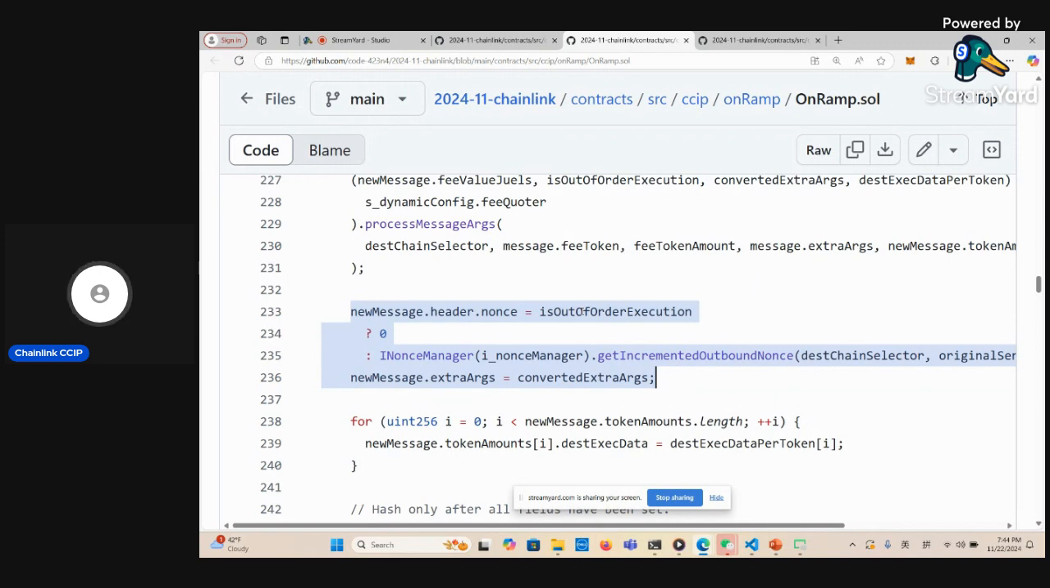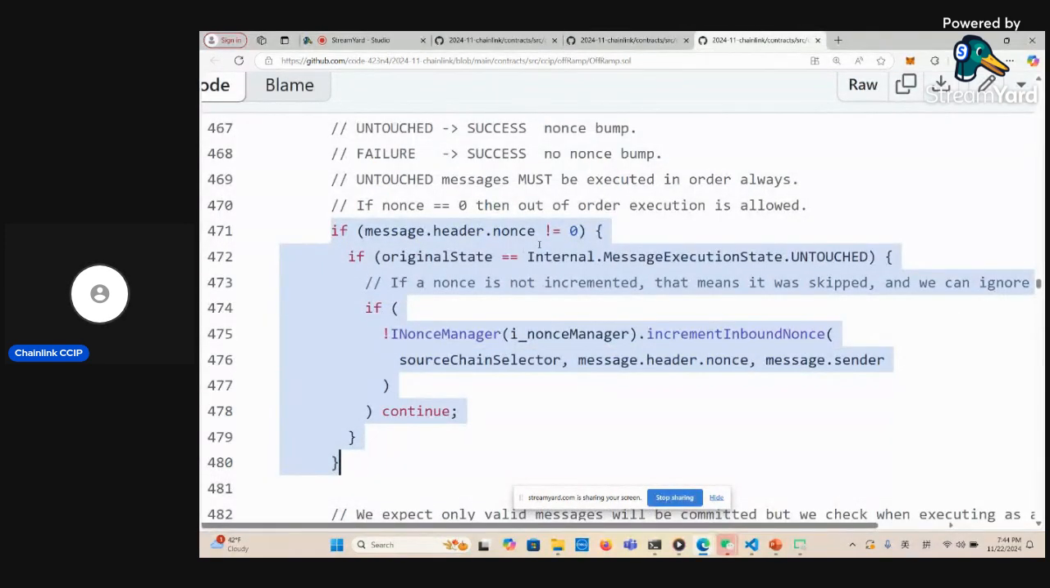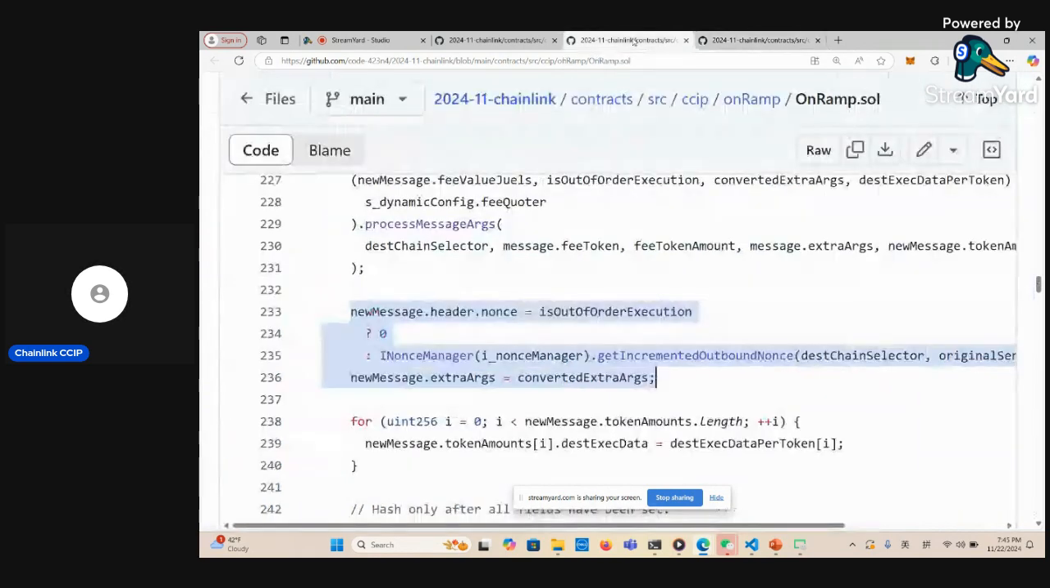Either you allow order execution. If you allow, you set it to 0. So over here you only enforce the order when it's not equal to 0. If it's equal to 0, you're going to skip this if. You're not going to enforce it. And if you want to enforce it, then you call